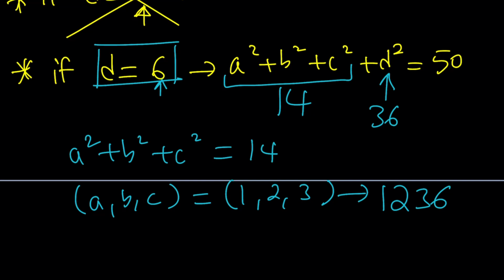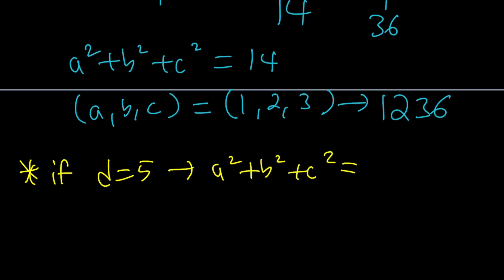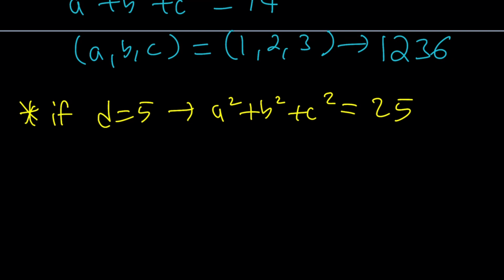It's also a good problem. Anyways, so let's continue. D equals 5 is the next one. So if D is equal to 5, then we have A squared, B squared, C squared. Remember, you're supposed to square 5, which is 25, and subtract it from 50, and that gives you 25. Can the sum of 3 squares be 25? Well, first of all, if D is 5,